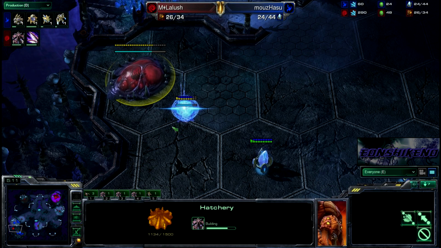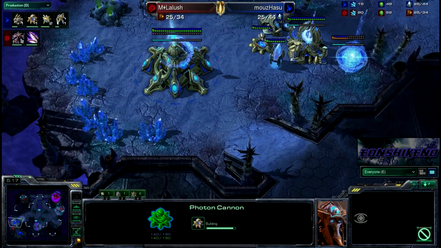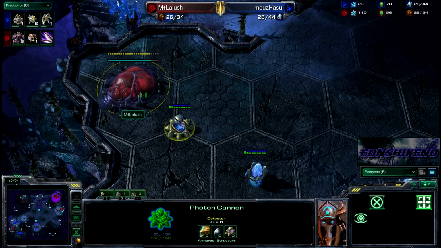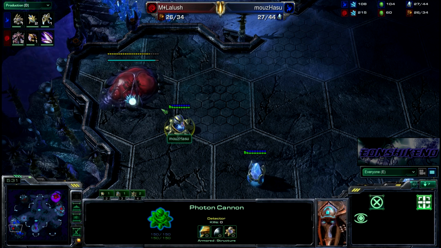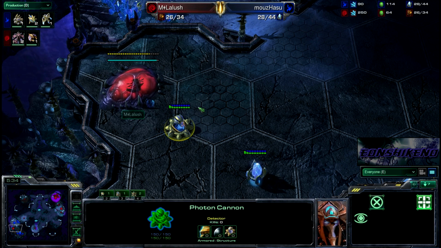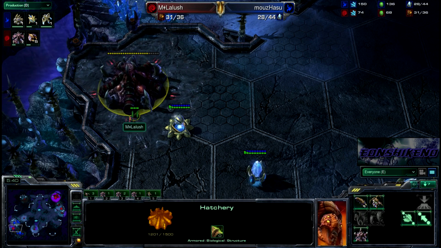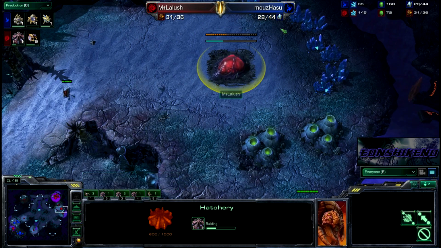Because he can just run his lings right by and try to pick off some more probes. And then he can also force more cannons in his main. I think he's going to cancel it, though. The photon cannon did finish, so he's going to make him waste the minerals for that. Is he going to let it finish? Wow, I can't believe he let it finish. I would have sworn he was going to cancel that. He put up an expansion as natural afterwards, so...